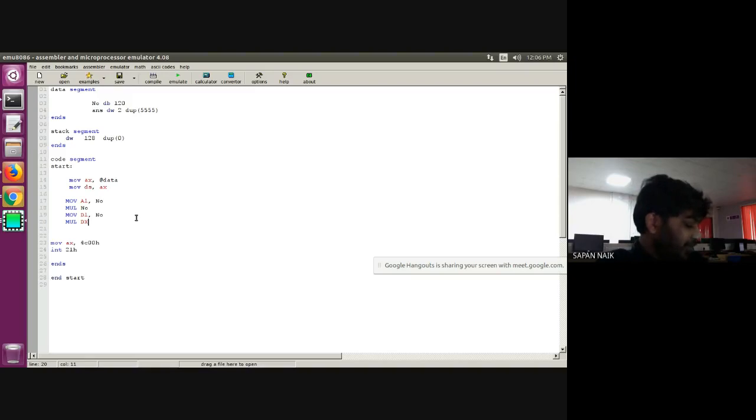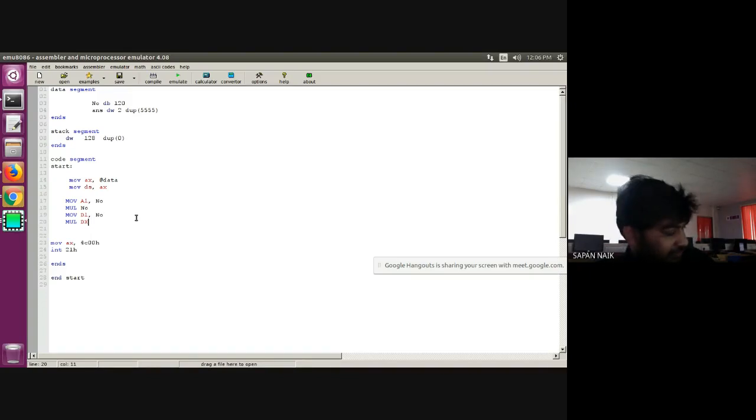My NO variable contains the number 120. Now my task is to multiply this AX with NO. Technically 8086 doesn't allow you to do that. It will give you an error because 8-bit can't multiply with 16-bit.